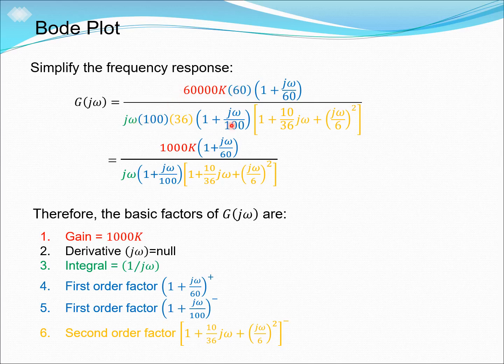The same process goes to the denominator factors. This first order factor is divided by 100, so we pull 100 out, and this second order factor we divide by 36. So we pull 36 out, and we simplify everything. Finally we get the frequency response in this